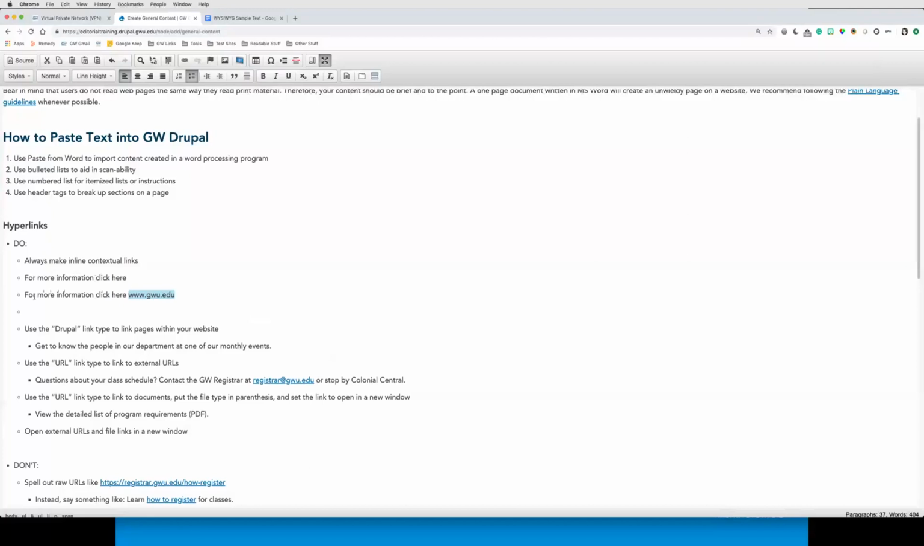So you don't want to put your raw URL in there either. What you want to do, again, is make that link contextual. Make it the plain language description of what's behind the click. So in this case, I would say for more information about the university, go to the George Washington, we're going to spell that right, University website. And then I would make the George Washington University website my link because that is where I'm sending people to